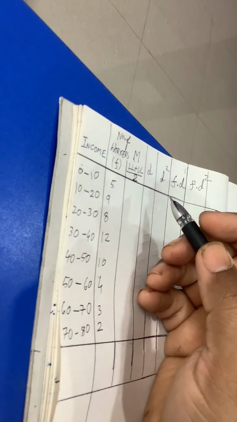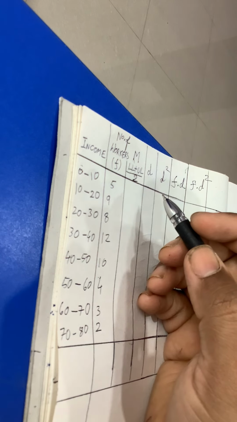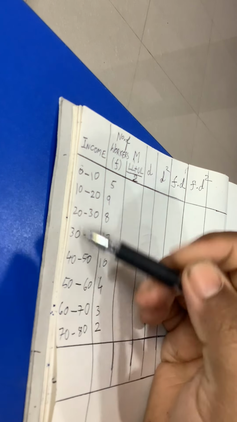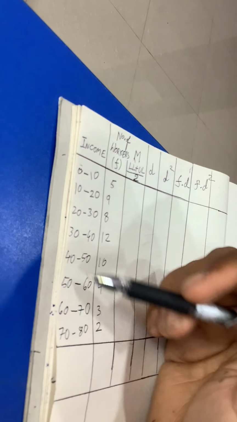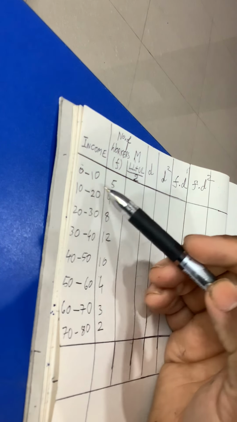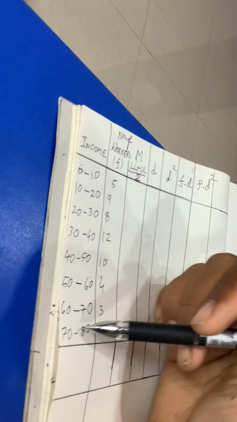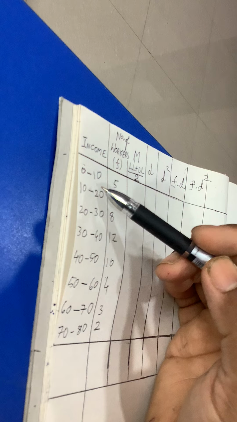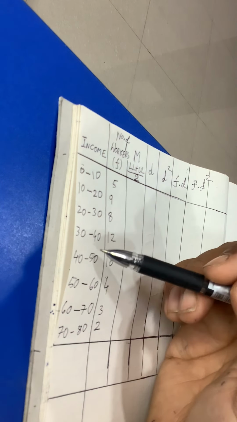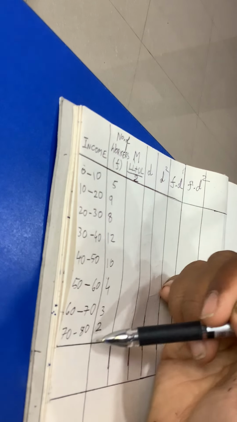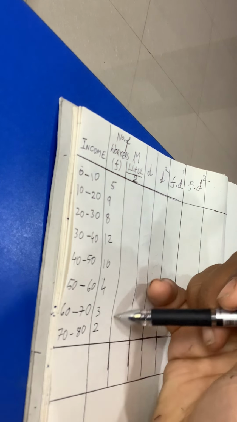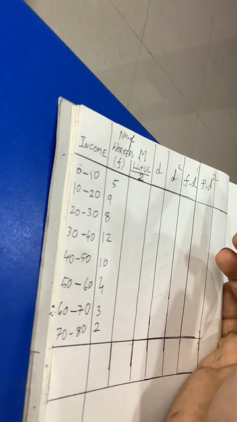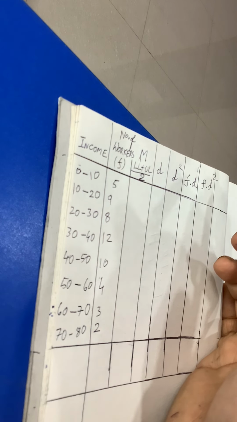Today we are going to learn Karl Pearson's method of calculating coefficient of skewness for continuous data, a continuous series. Here we have class intervals of income 0 to 10,000, 10 to 20,000, 20 to 30,000 and so on until 70 to 80,000 in a company, where there are 5 people earning in the lowest income bracket, 9 in the next lowest, and so on until we come to the higher income brackets where there are very few people, which is typical of any company. Now we are asked to calculate the skewness, or how the distribution is spread out and how it is skewed.